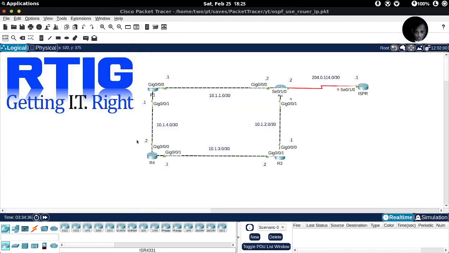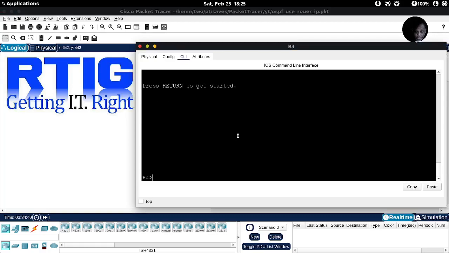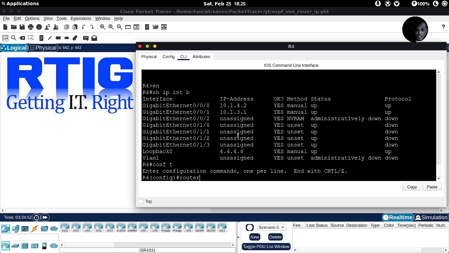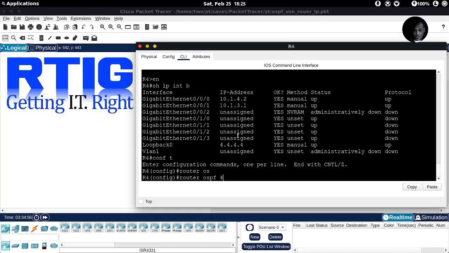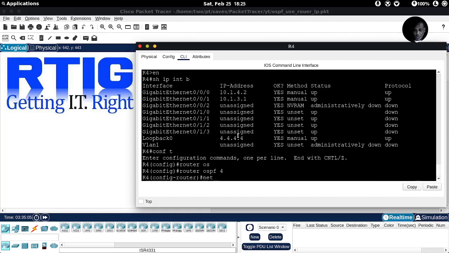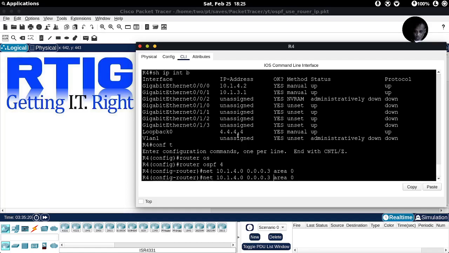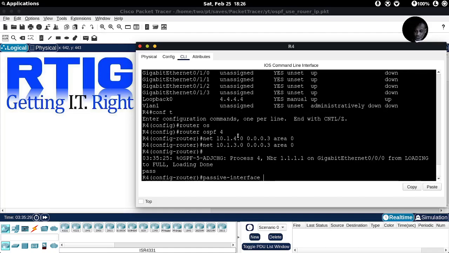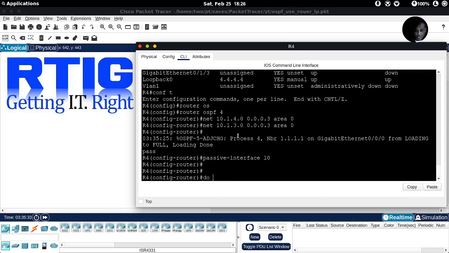And we'll do the same thing on router 4, and we will be done configuring OSPF. Remember, the process ID can be anything between 1 and 65,535. And I'm going to put that for network 10.1.4.0 with a wildcard mask of 0.0.0.3. And we'll do the same thing for advertising the 3.0 network. We're going to make a passive interface of L0. Okay, we're all done